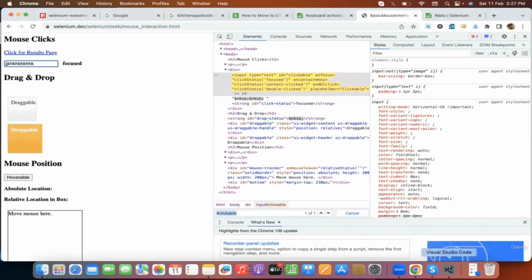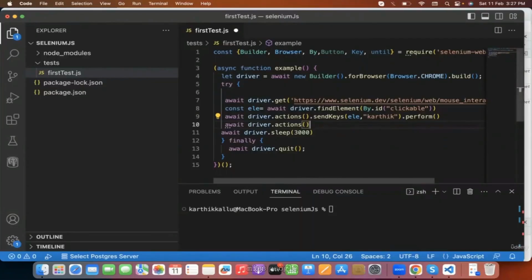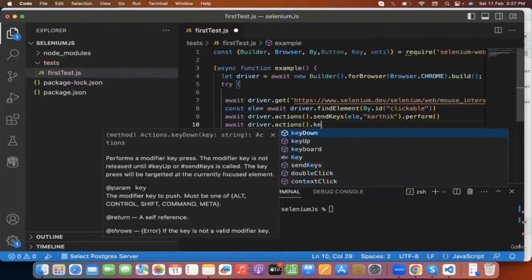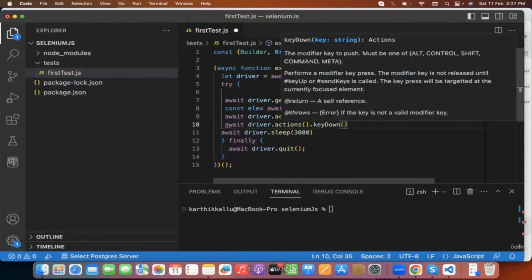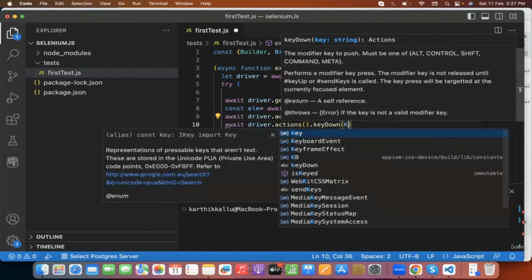Let's see how we can do that. So we have this key down method, right? You need to use it. Let me hover on it. You can see here, this is a modifier key to push. It must be one of alt, control, shift, command, meta. So it is saying you must use any of these. So I will say key dot